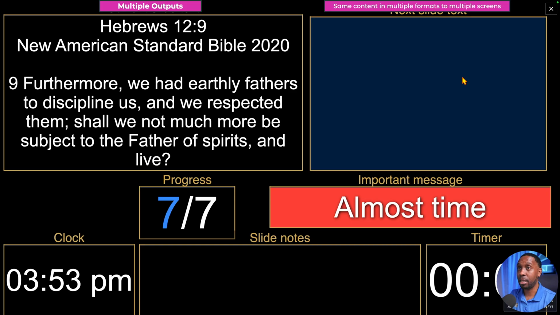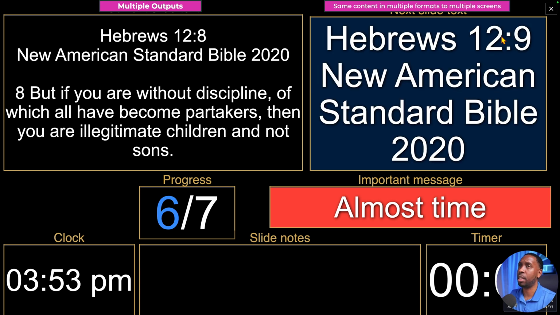And then on stage, they're seeing the scripture and the verse here, along with progress time, progress level of the presentation, a clock, and a potential timer, along with a special message, an important message. And if they had any slide notes, they can put that in here along with the next slide as well. If I were to arrow to the right, you'll see they can go back